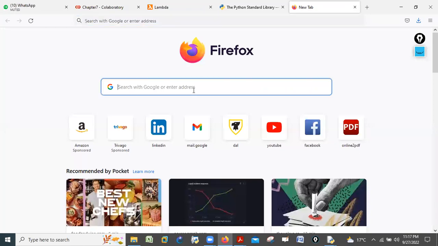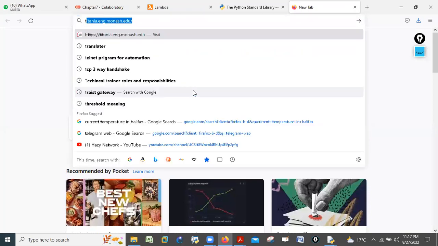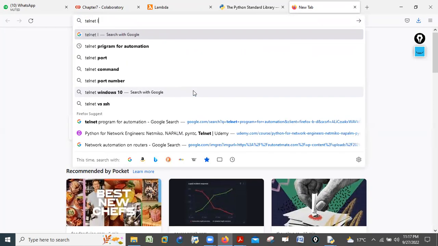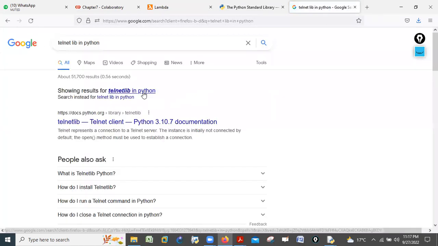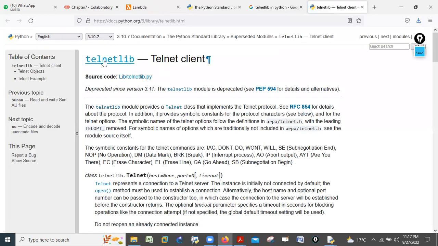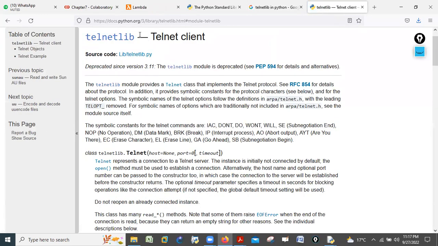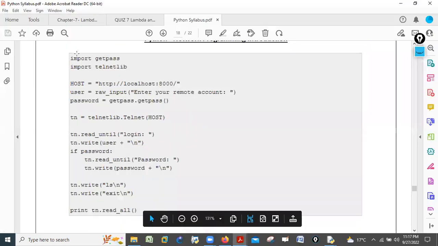Or if I search for telnet library in Python, can you see telnetlib? Correct. The same library which I told you here.